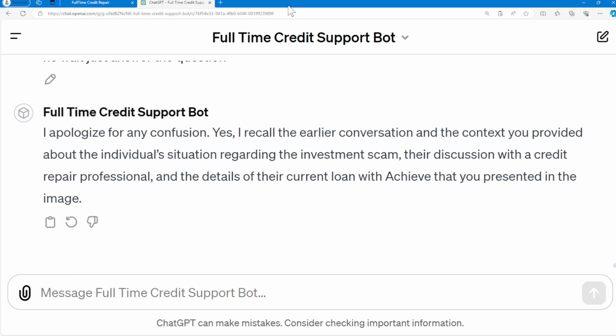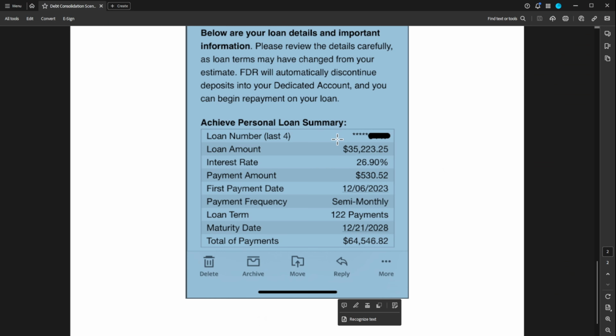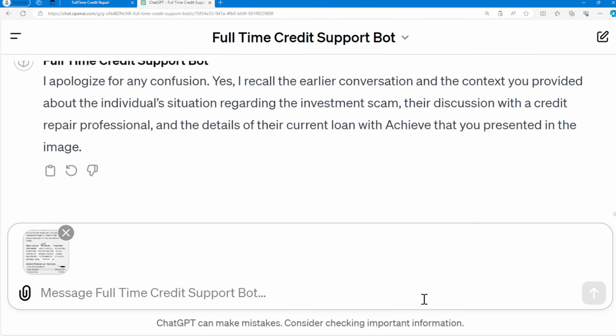And I am just clarifying what's happened here, which is that basically I took the entire conversation that I had with the client, I pasted it into here, I ran it through here. I then went over to the picture that he had sent me. I selected it and copied it, came back over to ChatGPT, pasted it in, as you can see it there, and made sure that it not only understood the image and what was happening, but the entire conversation in its